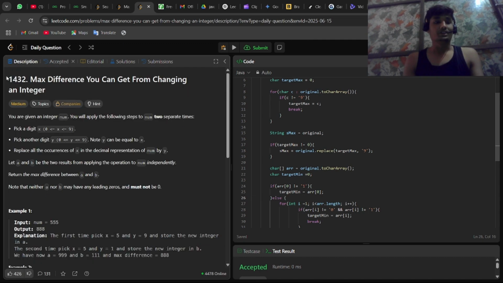Today we solved LeetCode problem 1432, max difference you can get from changing an integer, step by step using